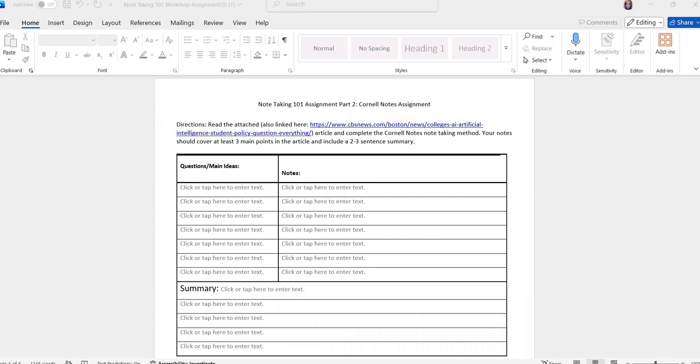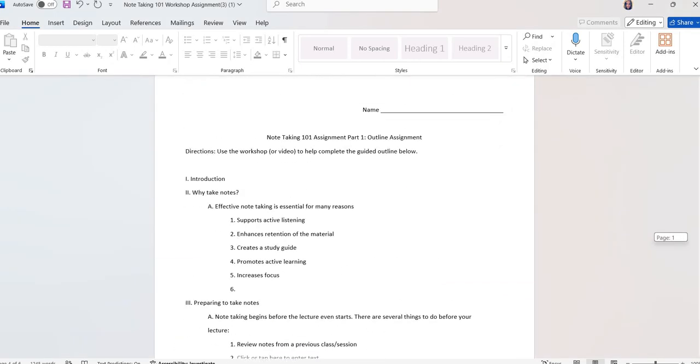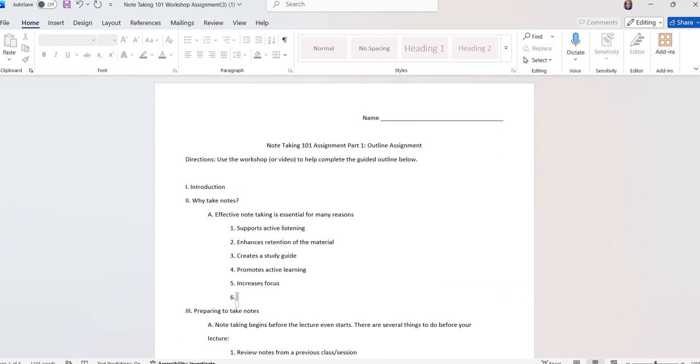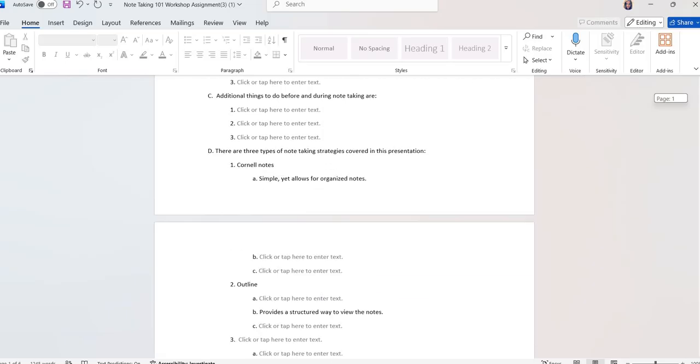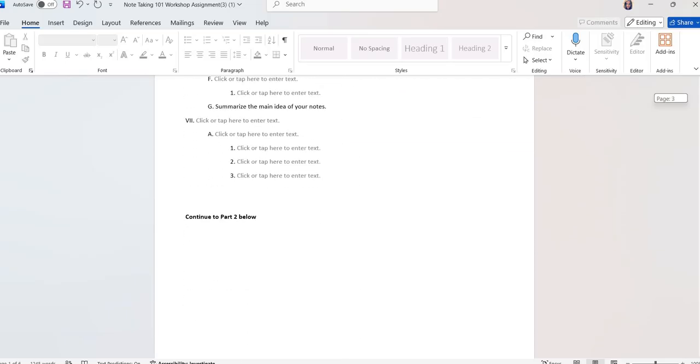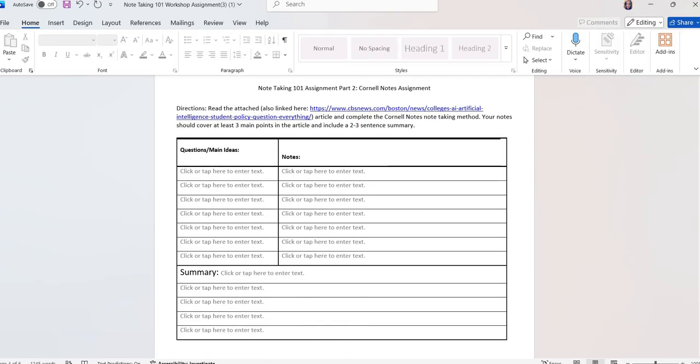All right, I'm going to talk about that one more time because I want to make sure it's very clear. First, you need to watch the workshop video or the PowerPoint, and you're going to fill in this outline anywhere that says click or tap here, all the way through the outline. Then part 2, you will read the article.